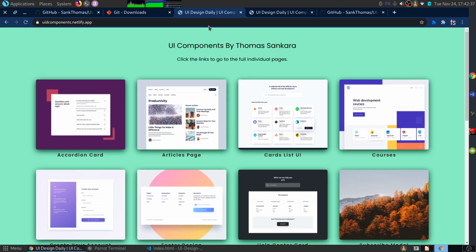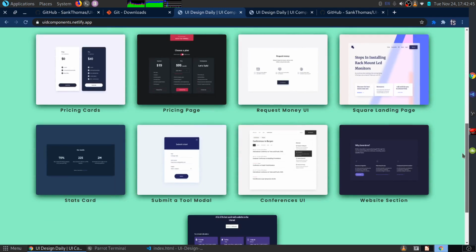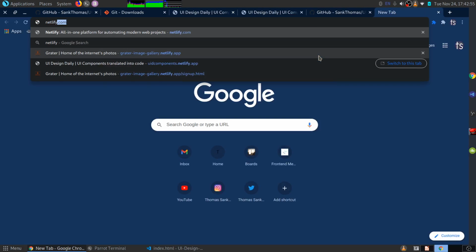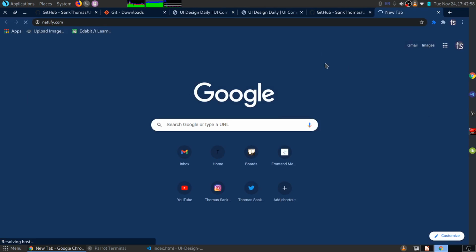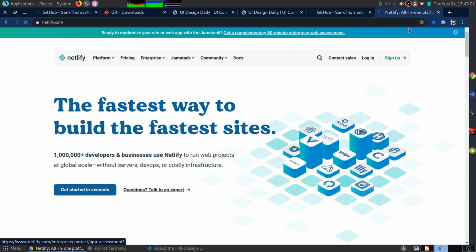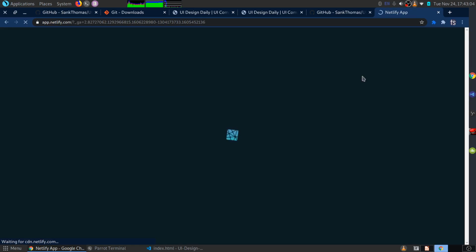If you have a live website, for example, such as this, and you would like to make some changes, maybe you had a spelling mistake somewhere you just noticed, or maybe you want to add a new feature to the website. What happens is that if you go to Netlify, let me just open it, netlify.com. If you go to Netlify and you log in and you actually connect your GitHub to Netlify, what will happen